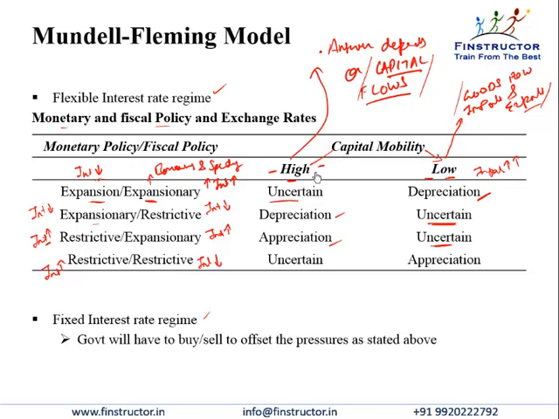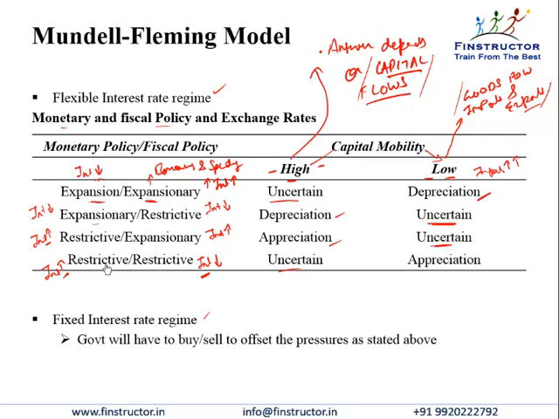with high capital mobility, we will have to see the net impact. We can't say for sure what will happen because one factor is supporting appreciation, one factor is supporting depreciation. Overall impact is uncertain. With low capital mobility, we'll have to see the impact on imports and exports, and now